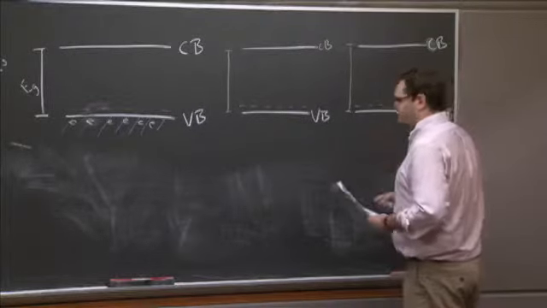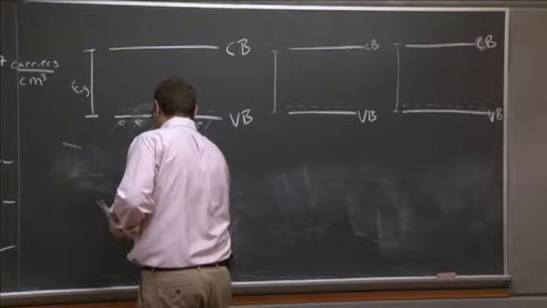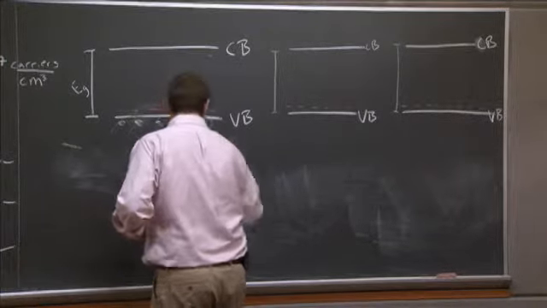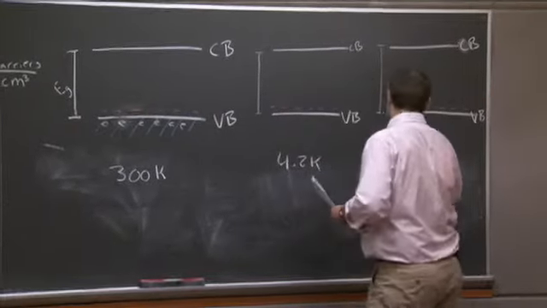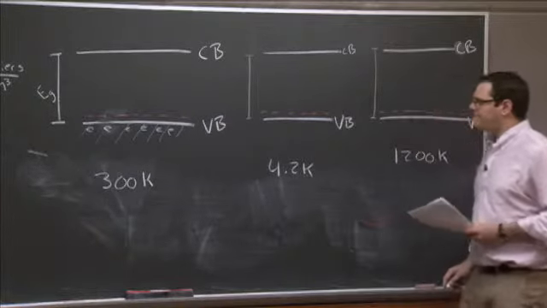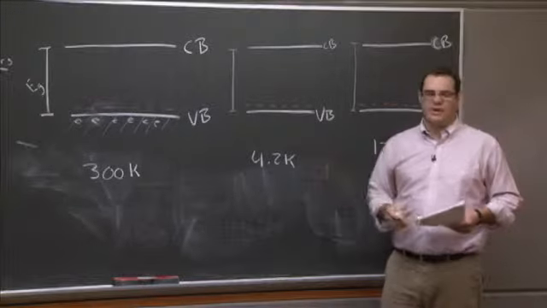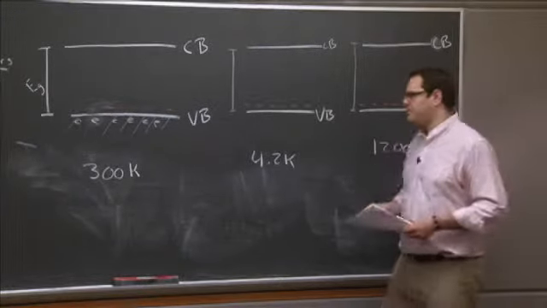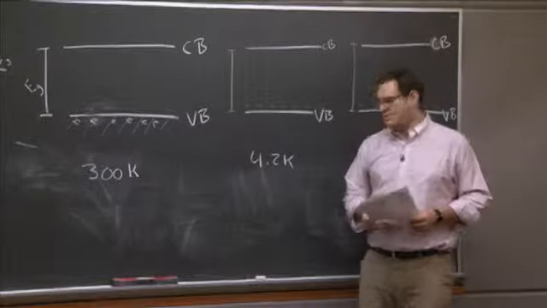So we have these systems, and we're asked to do them at, I'm going to keep going back and forth, 300K, 4.2K, and 1200K. It's Kelvin. Okay? Let's go with the extremes first, and then we'll do the middle one, 300K, once we have an idea of what's happening. So basically, in the very beginning, when we dope in a material,